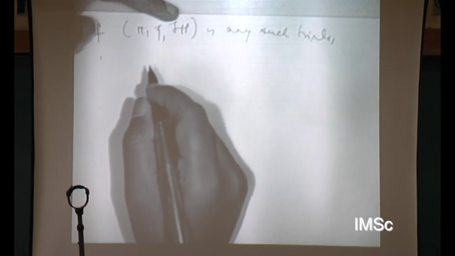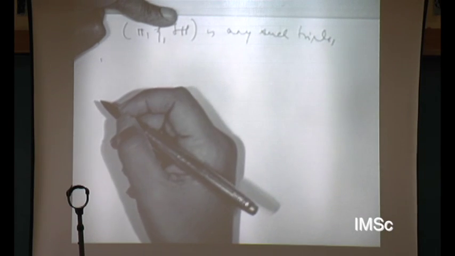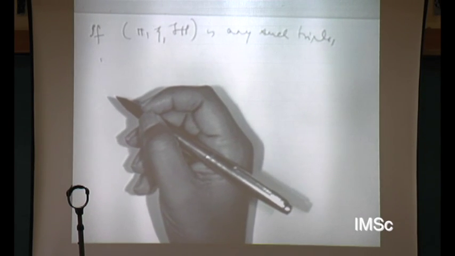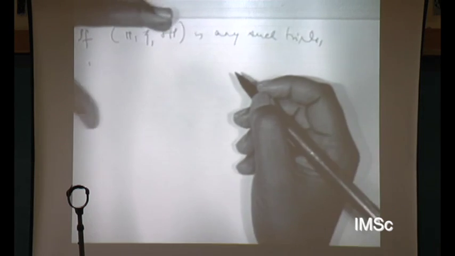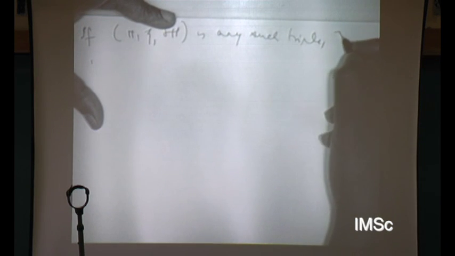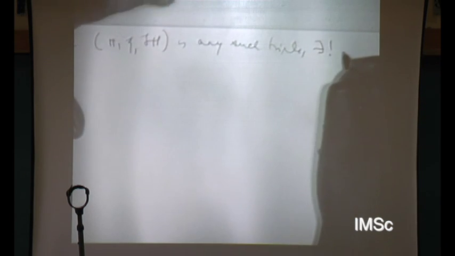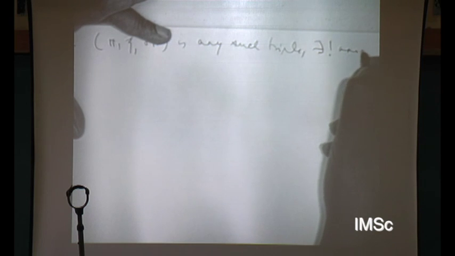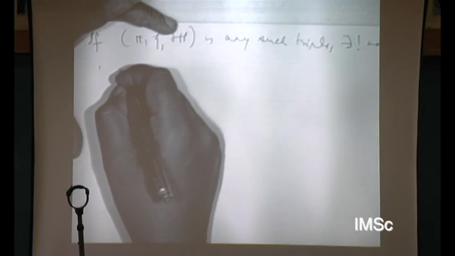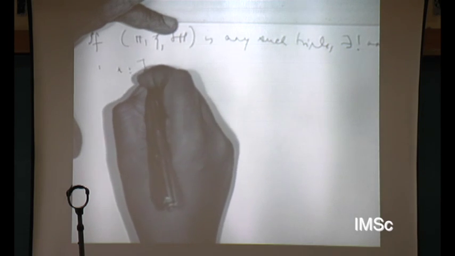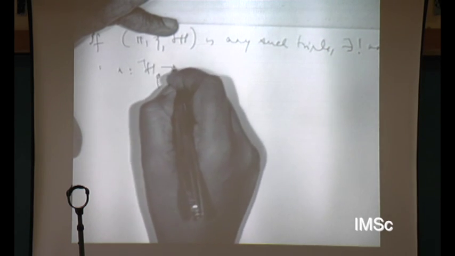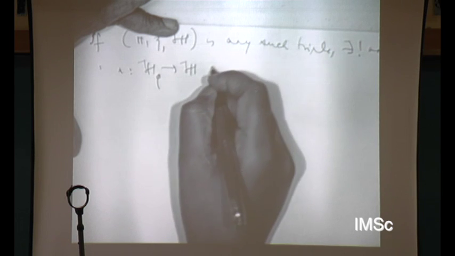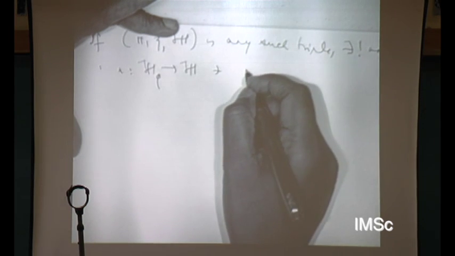Okay, see, by definition, in H phi, psi phi is a cyclic vector. So I want to say there exists a unique unitary operator U from H phi to H such that